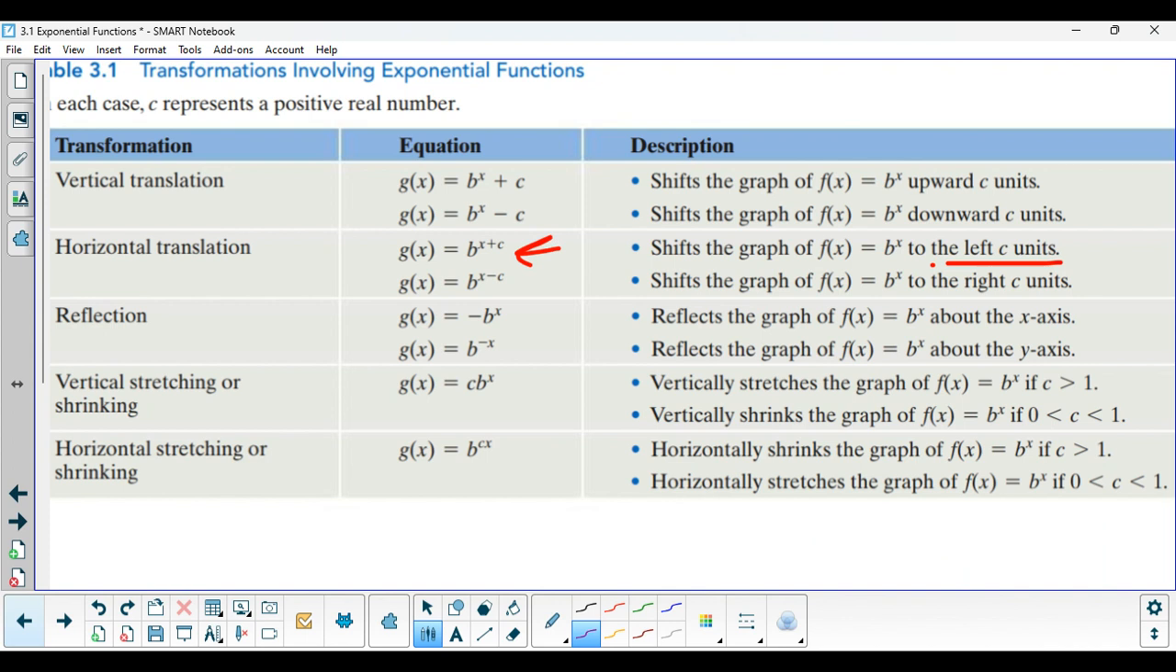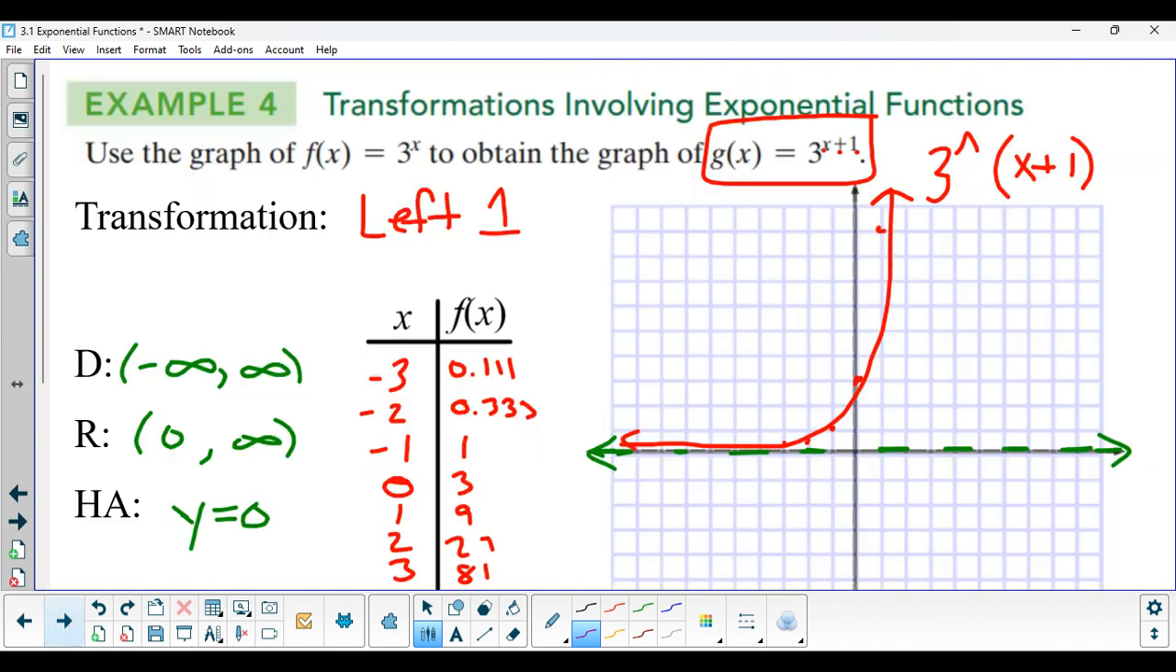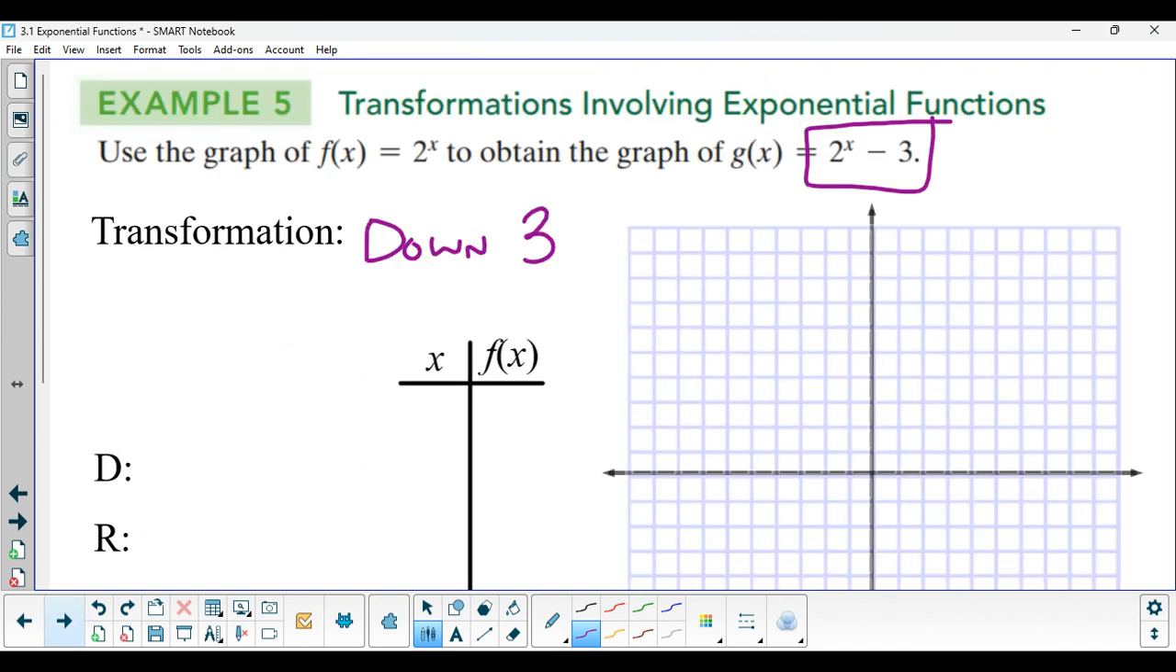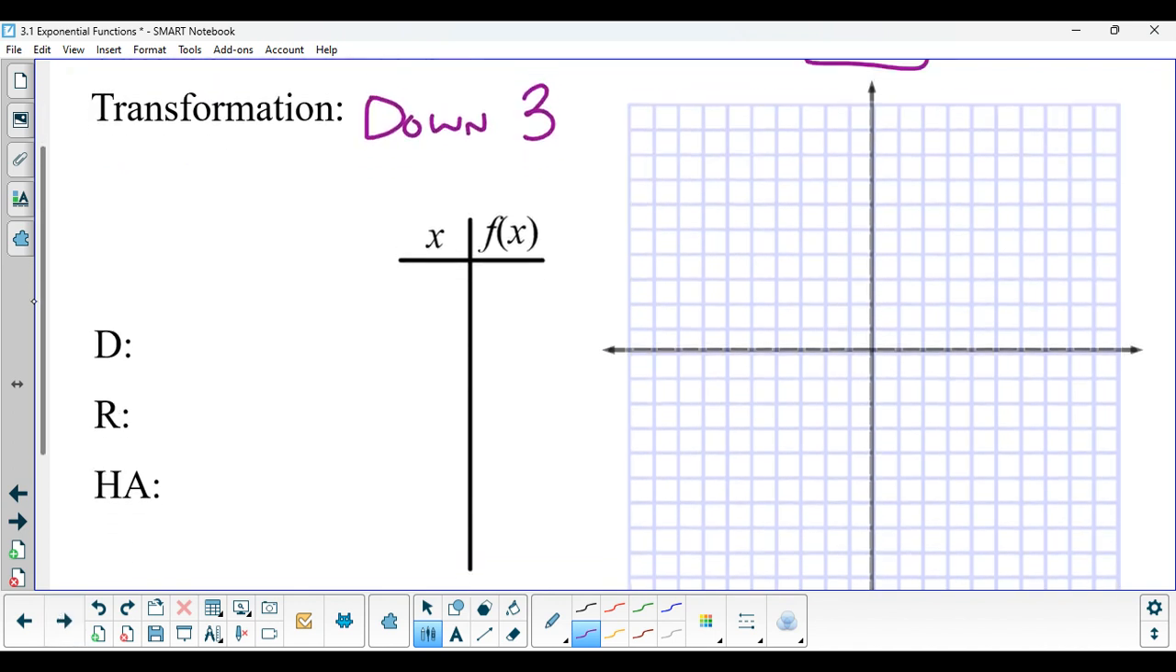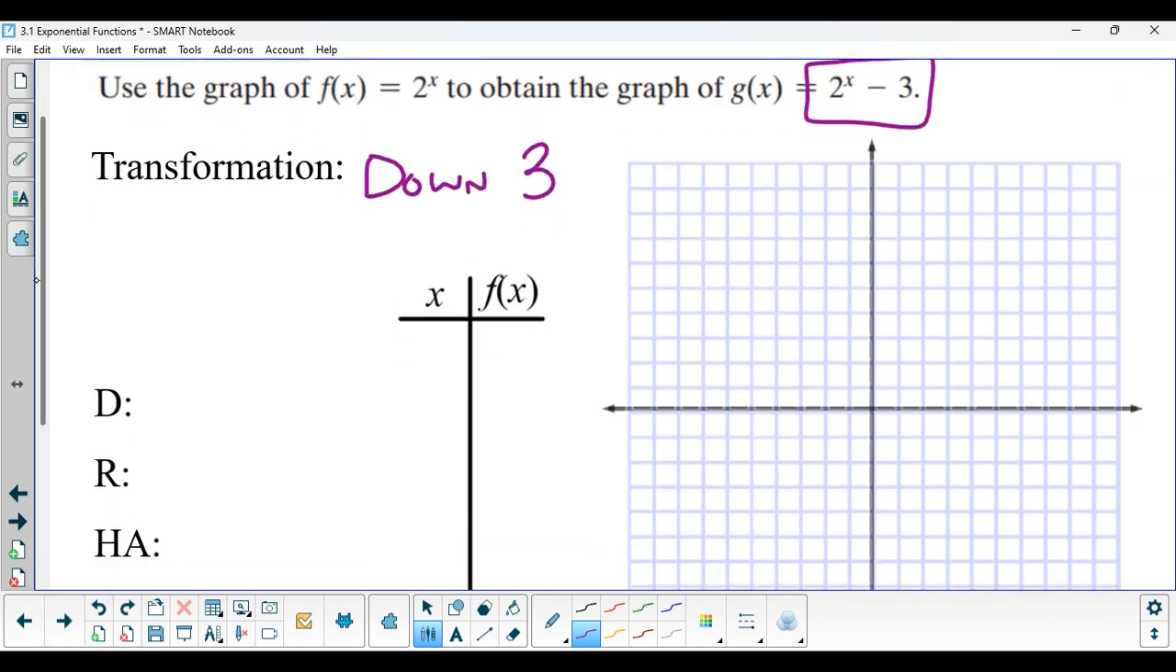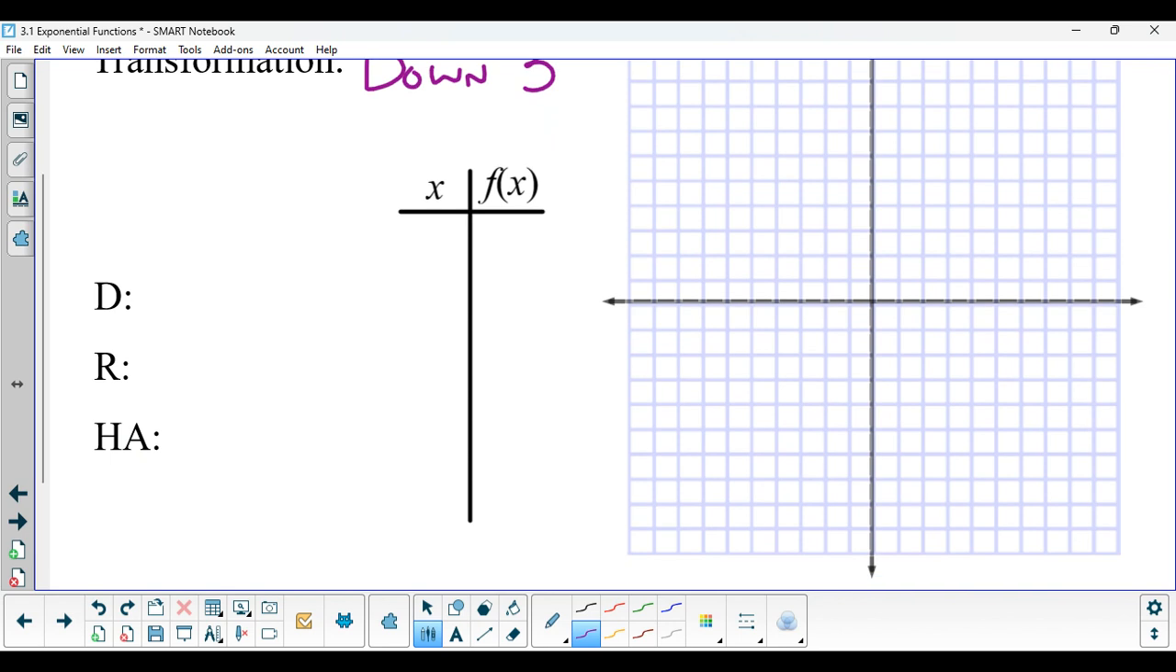So as I go back over here, we see that that shows up right in that second spot. It's going to shift downward C units, whatever that number is. So it's going to shift down 3 spaces. So let's go ahead. We have 2 to the x power minus 3. If we go ahead and fill in our table,